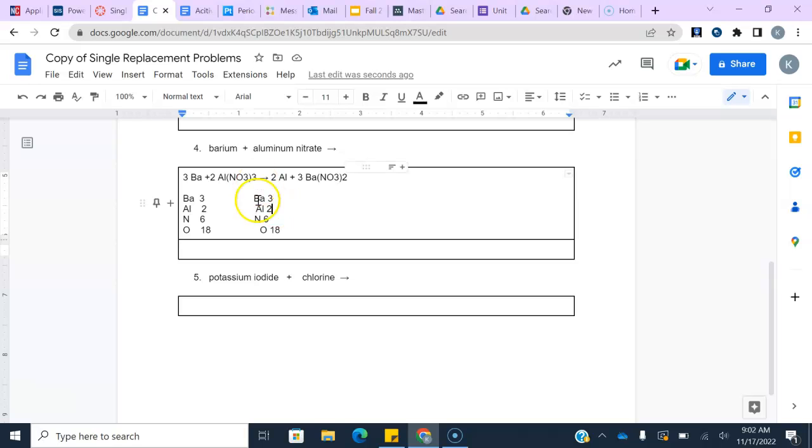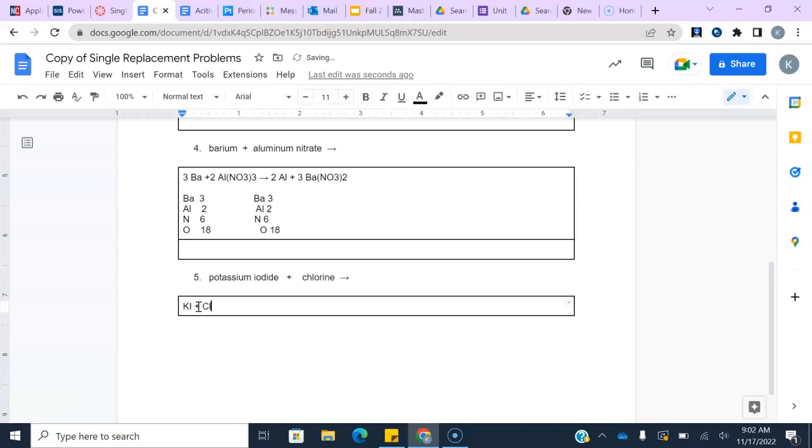Okay, so now let's do number 5. I've noticed a lot of issues with number 5 as well. So here we have potassium iodide. So potassium is a metal, which is K. It's got a charge of +1. Iodine is in group 17. It's a halogen, so it has a charge of -1, so it's KI